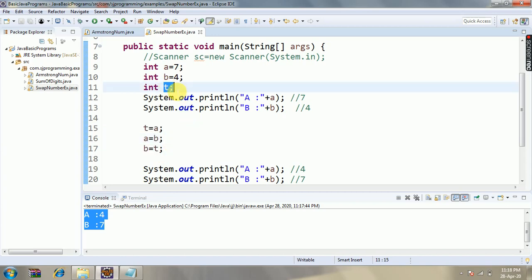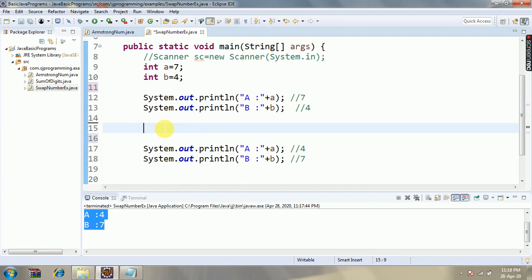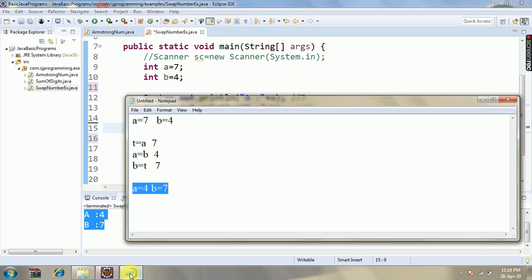Mostly in interviews they will first ask you to write a program for swapping two numbers. If you write this one, then the next question will be to write the swapping program without using the third variable. So we should know how we can swap two numbers without a third variable. Let's see here. We will convert this program, so we don't require this temporary variable now. How can we write the logic without using the third variable? Understand here.